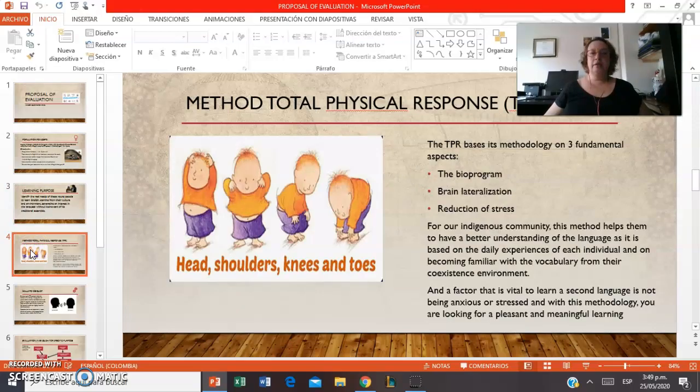For the proposed evaluation activity, I chose the method Total Physical Response, TPR. The TPR bases its methodology on 3 fundamental aspects: the biogram program, the brain lateralization, and reduction of threats. The biogram program is very interesting because the activity is initial and students listen to the instructions. It is not necessary to do other activities. The program is very interesting because they can use activities always from the culture, dancing,